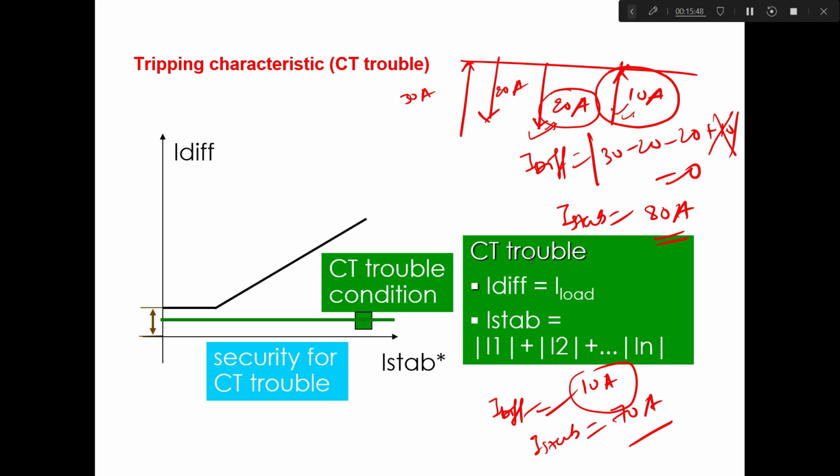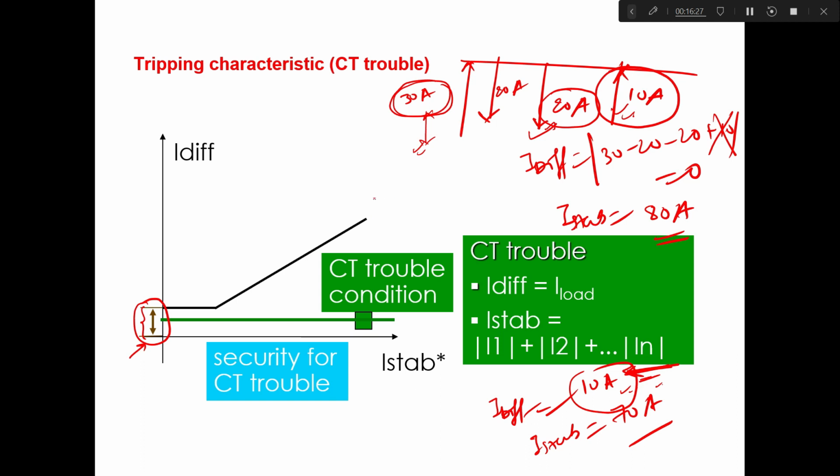And in this condition, since this is not a fault, this is due to an error in your secondary circuit, your relay must not issue any trip command. That means the relay minimum pickup current must be higher than this magnitude. And what is the minimum setting for this? It should be like this. Suppose the heaviest loaded feeder, in this case 30 ampere. Even if the current of this 30 ampere loaded feeder is not being measured by the relay, in that case also the relay should not issue a trip command.